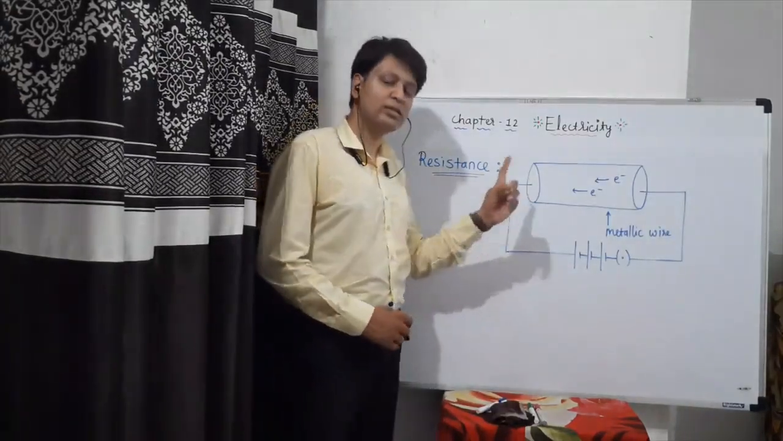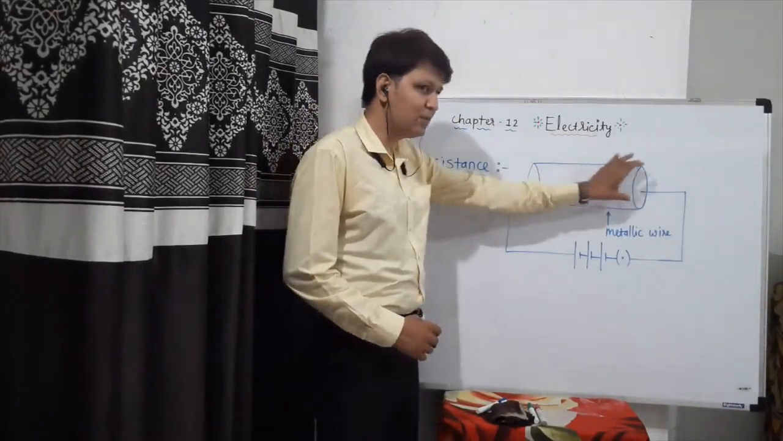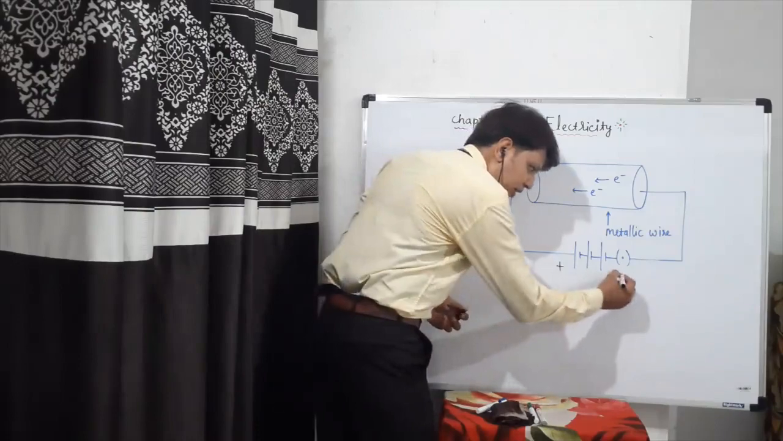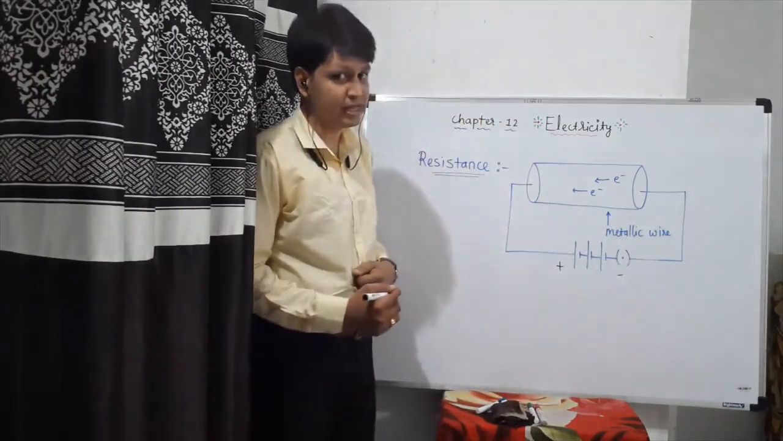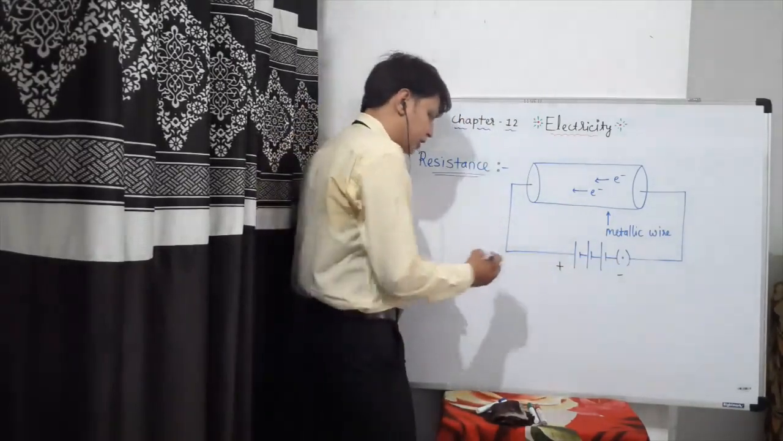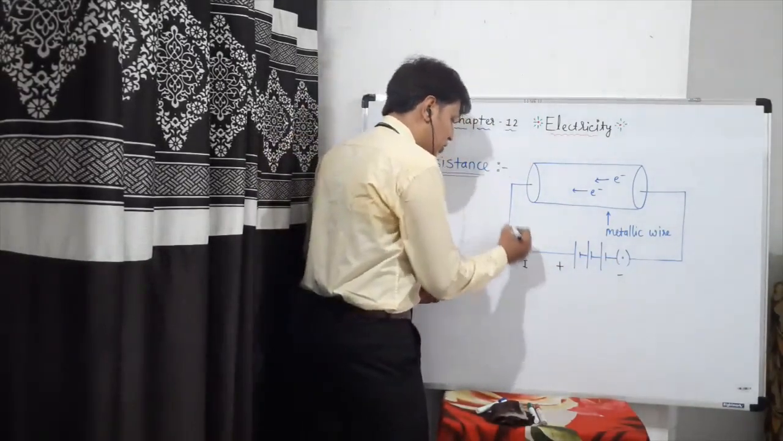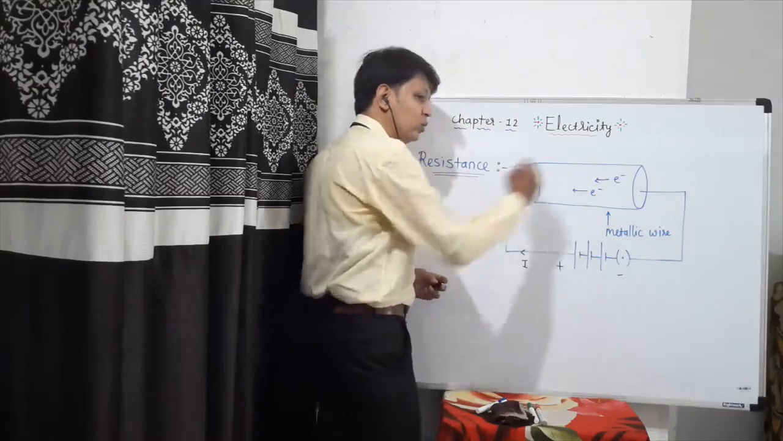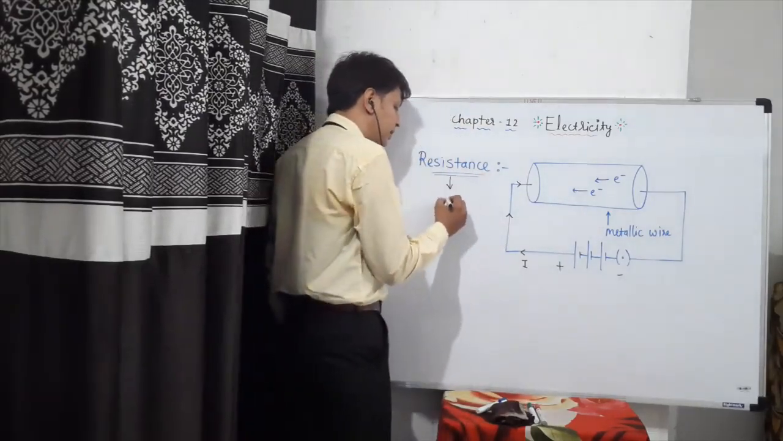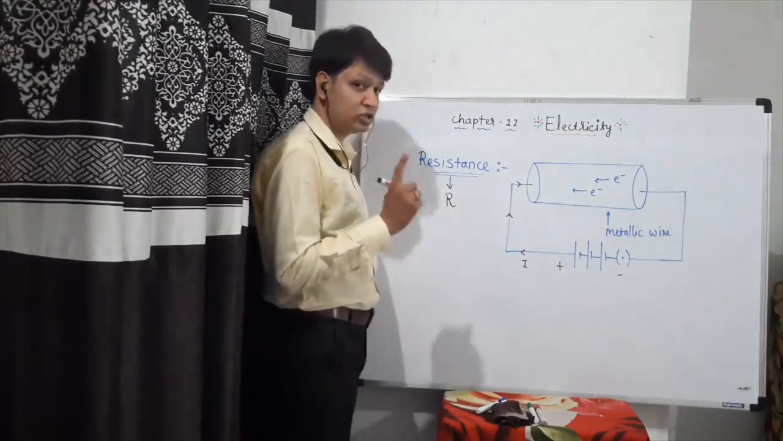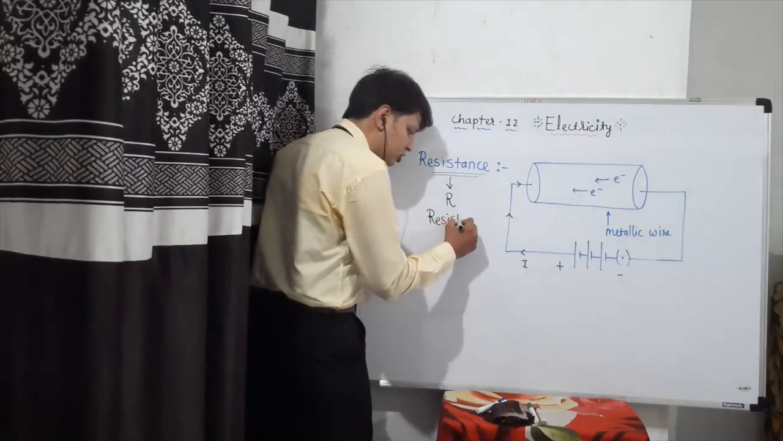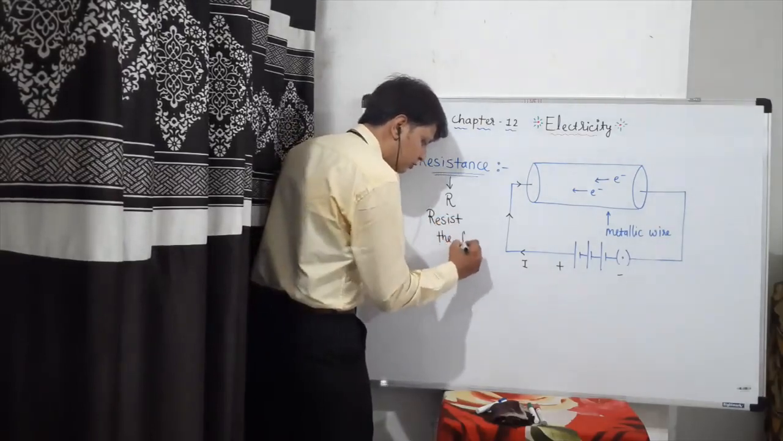I have drawn one simple circuit in which this is a metallic wire connected to a battery or combination of cells. Now this is a closed connection, that means electric current is going to pass through this metallic wire. Now this metallic wire has one characteristic, that is resistance. It will actually resist the flow